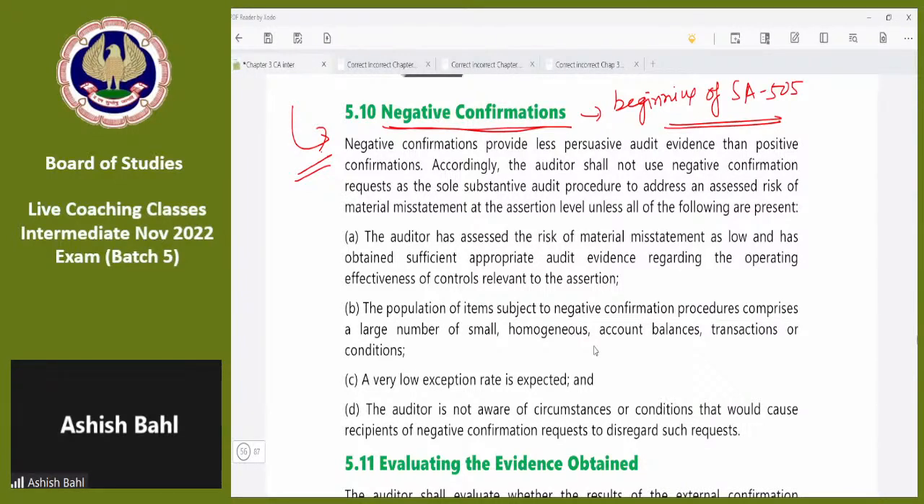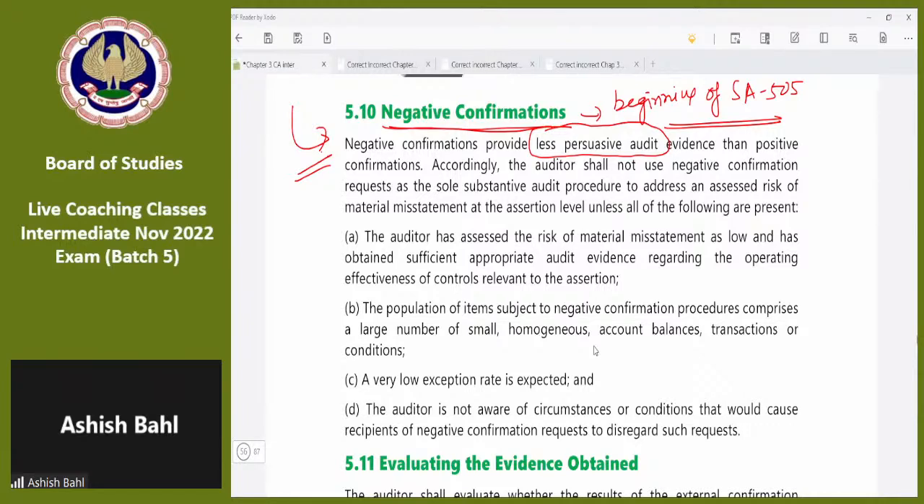So what were, students, negative confirmations? Negative confirmations means when requests are designed by the auditor in such a way that the other confirming party responds only when he does not agree with the information, when he disagrees with the information. Generally, negative confirmations provide less persuasive audit evidence. These are less reliable, less persuasive audit evidence than positive confirmations,